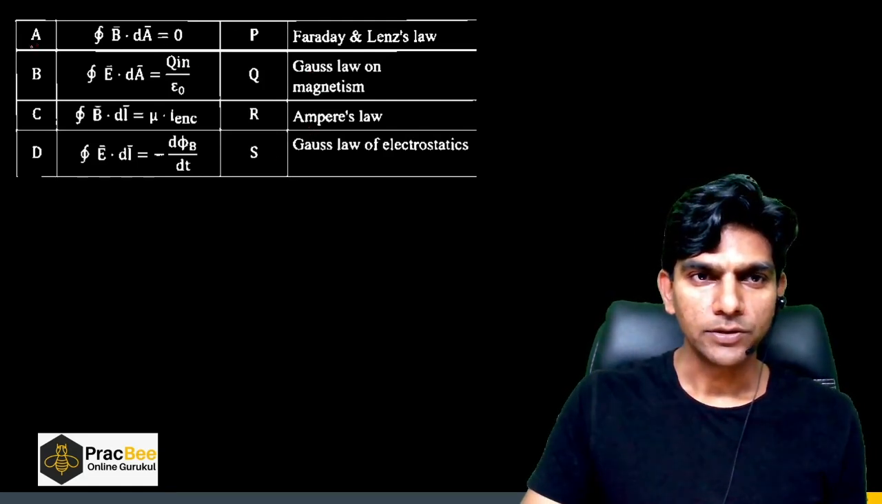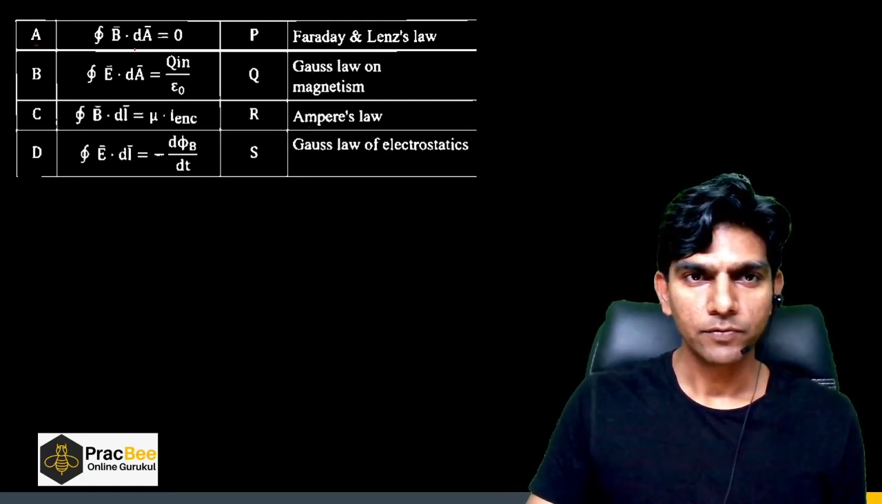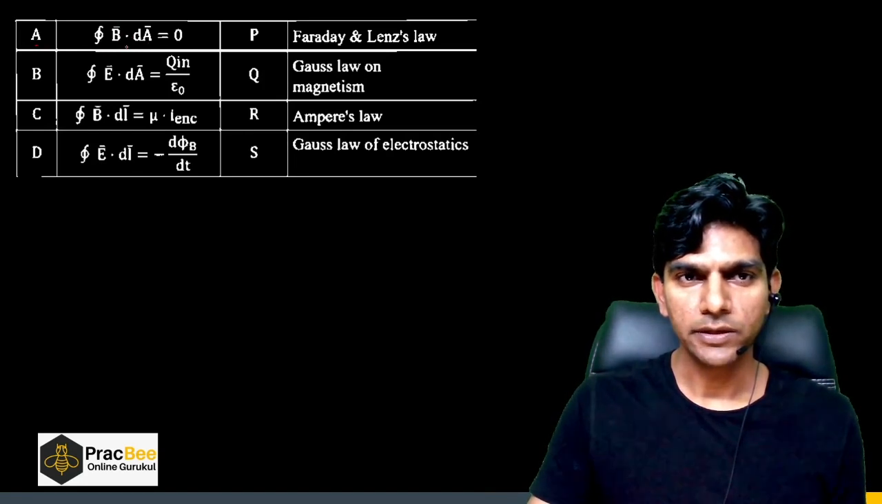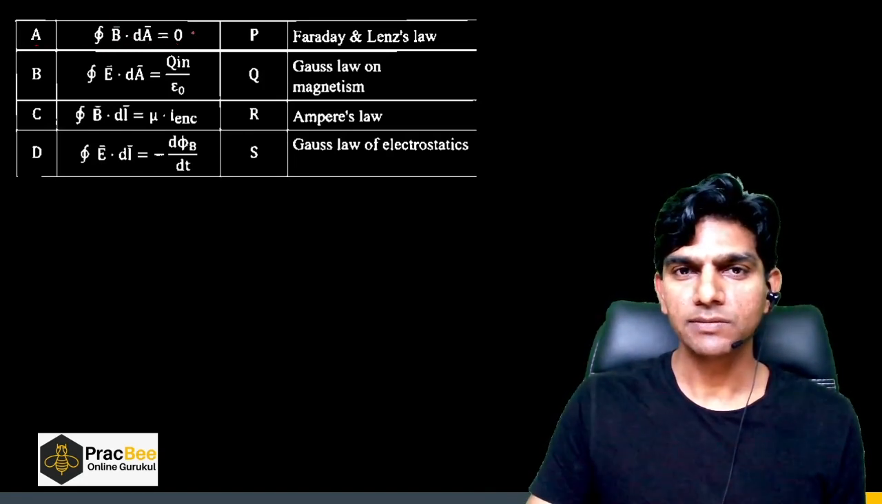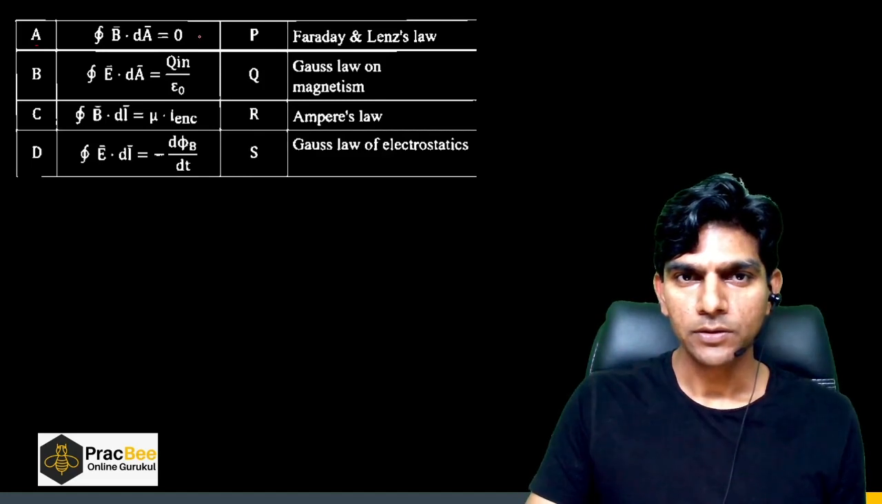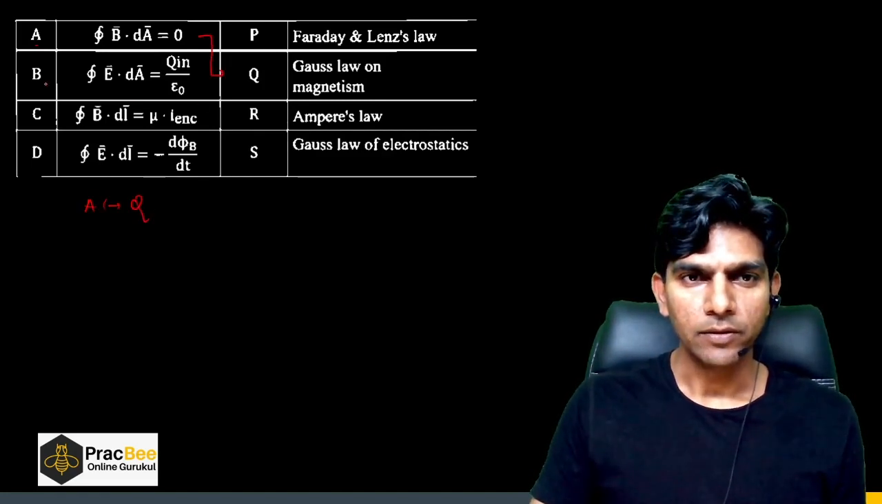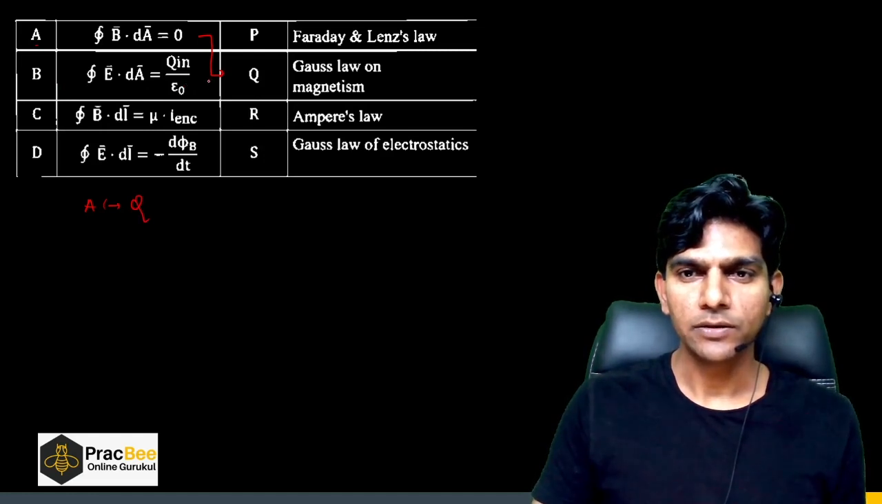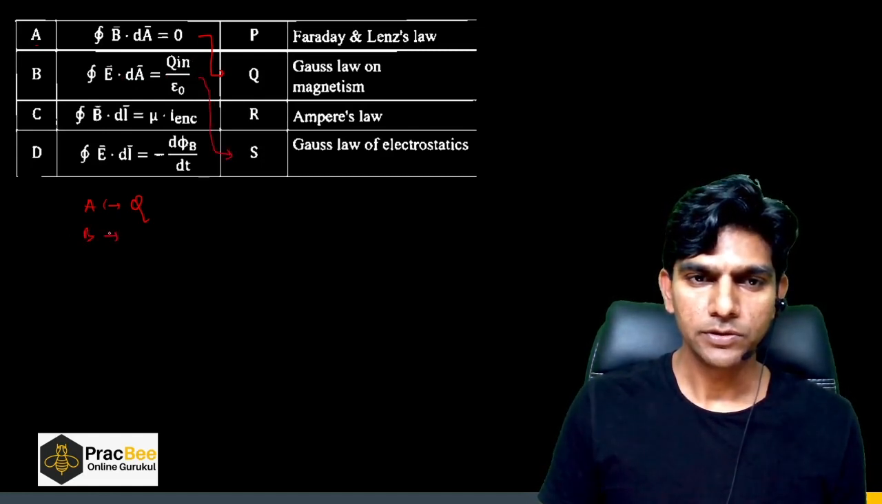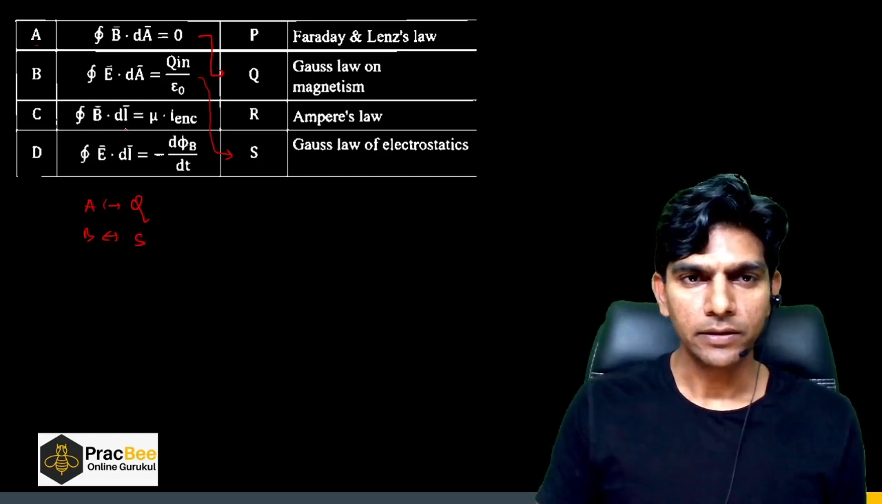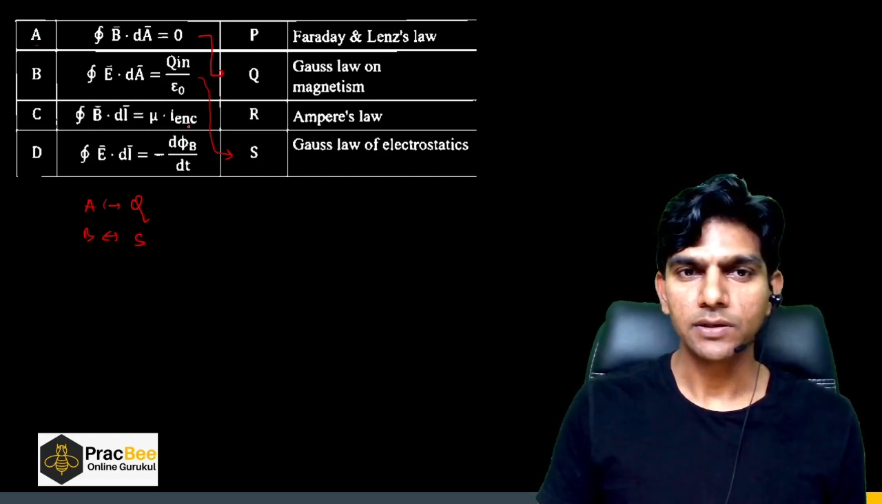A, so we have to match the columns. A, which is closed integral of B dot dA equals 0, is nothing but the Gauss law for magnetism. So A goes for Q, right? A corresponds to Q, and B is the Gauss law, integral E dot dA is equal to Q enclosed by epsilon naught. So this is S. So B corresponds to S,